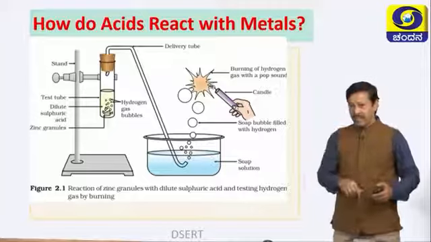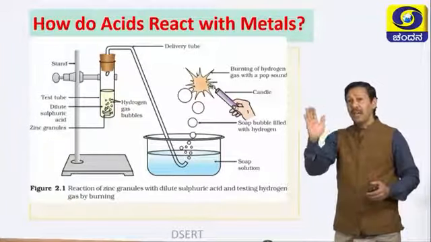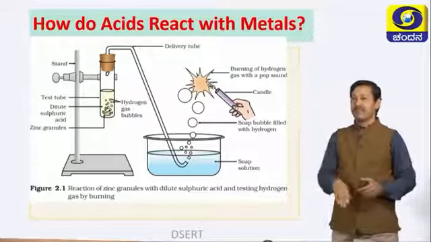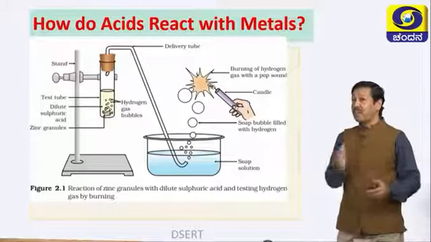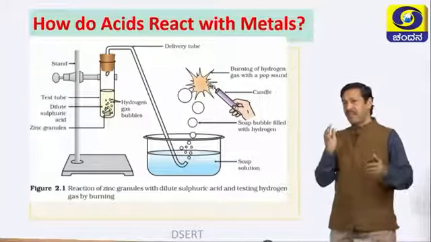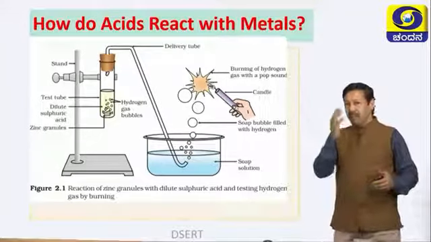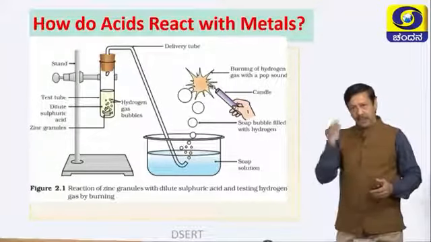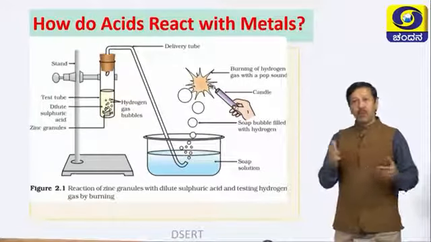In the reactivity series, the metals just above hydrogen displace hydrogen very easily. Now you got the hint, so you can easily answer any kind of question related to this. This is an example of displacement also. If I take copper instead of zinc, what is the reaction?